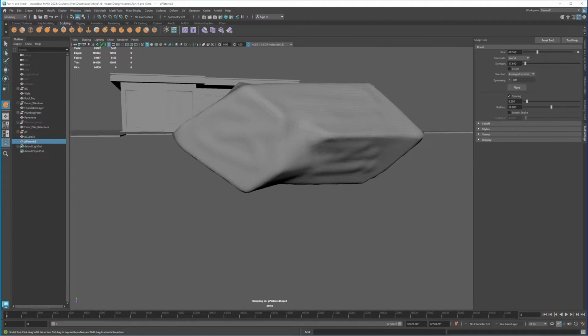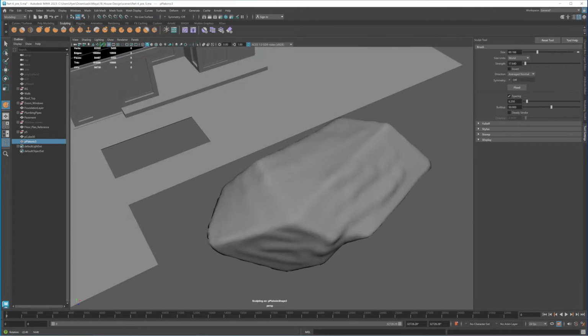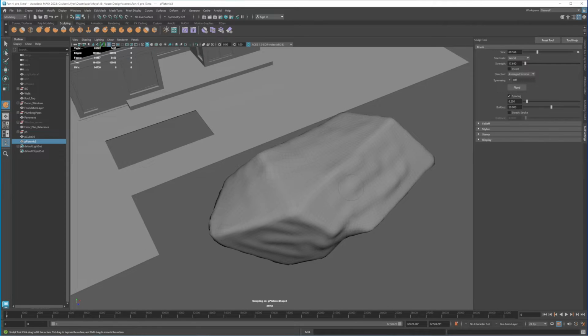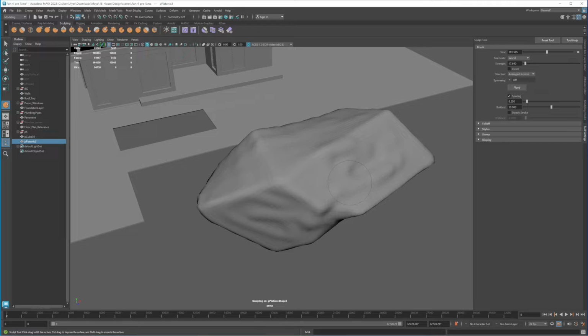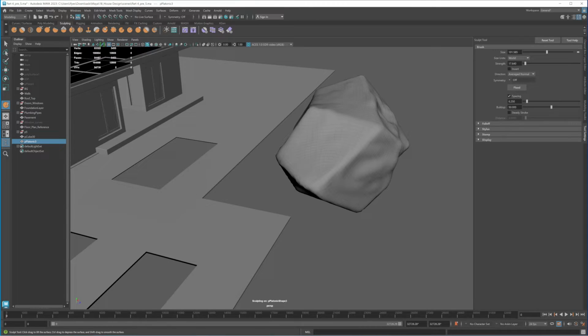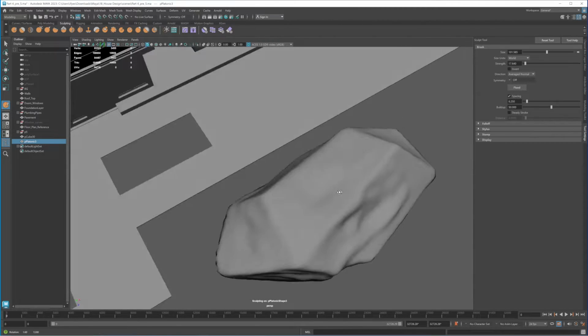I'm gonna increase the brush a little bit more, like so. So what you can do is, if you want to chisel in, just to push it in, you can press Control, and you can press to push it in. Let me increase this brush a little bit. So this time there's no right or wrong way to do it. It's up to you, the way you want it. Okay, so you just have to, it's all about push and pull. Okay,